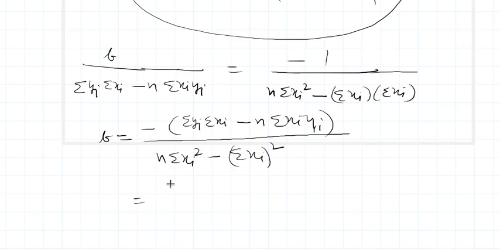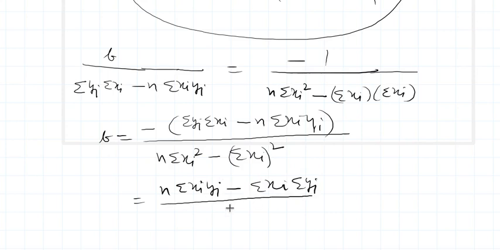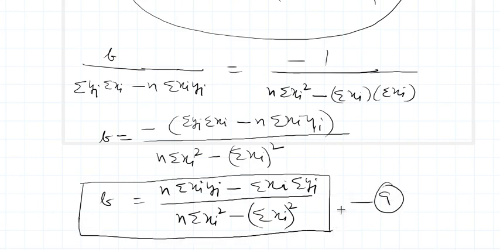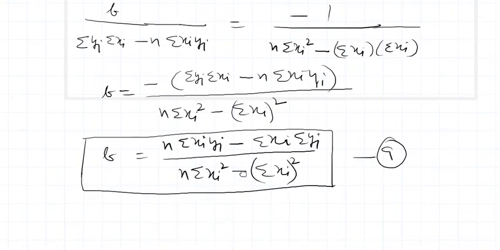Multiplying with this negative sign, I am getting this positive and this negative, so it is n summation xiyi minus summation xi summation yi whole upon n summation xi square minus summation xi whole square, right? So it is the value of b which I am getting. Let me call this as equation number 9. Now using this b,